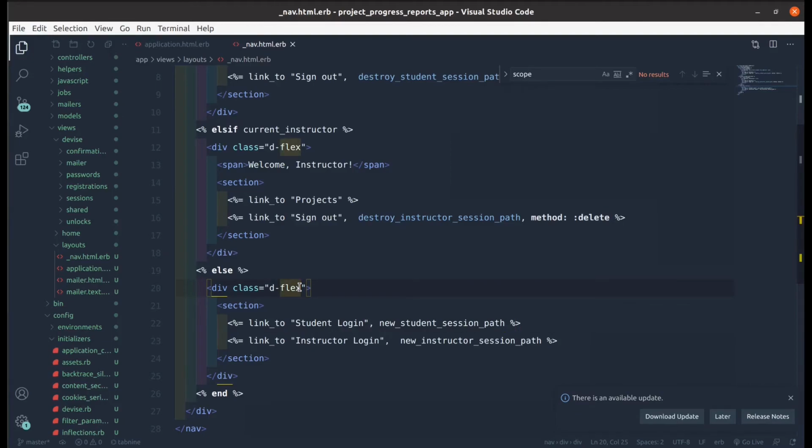Okay, so in the else we shall have the student login link and the instructor login, and this will be wrapped in a div with a class of d-flex, and we shall just push the content to the end, align it to the right side. Okay, here let us add a class of justify-content-between